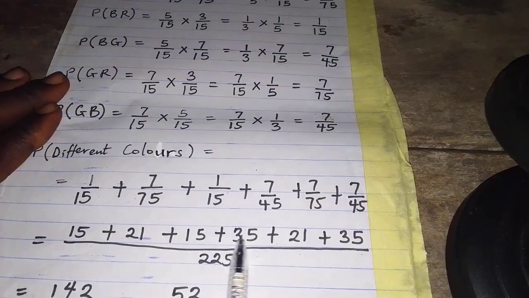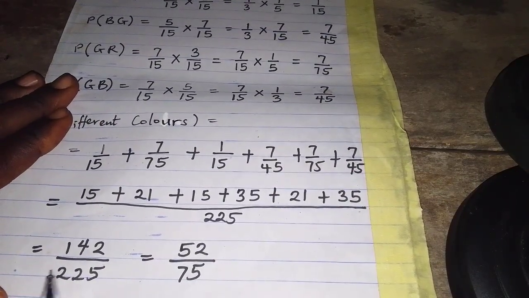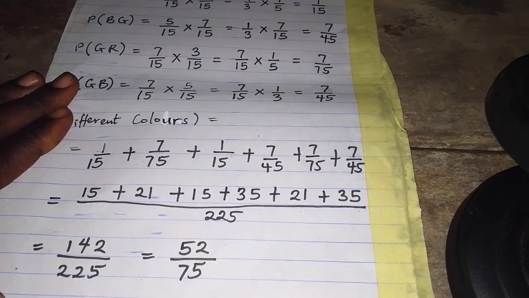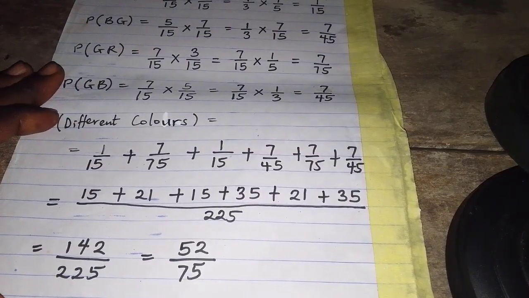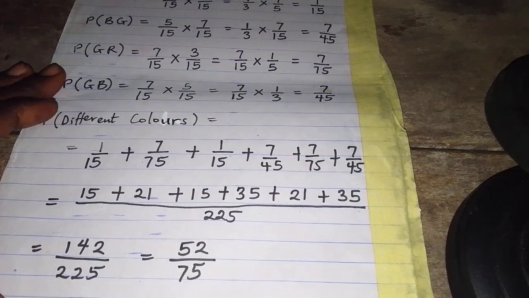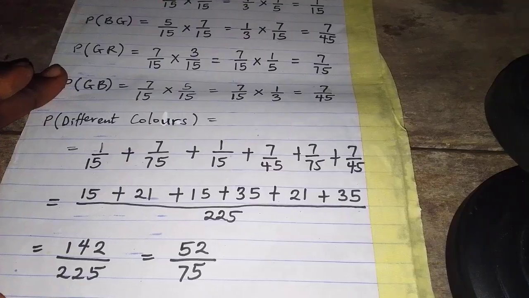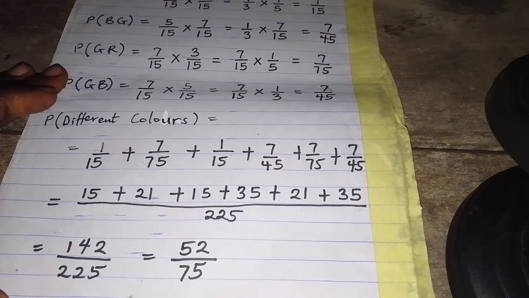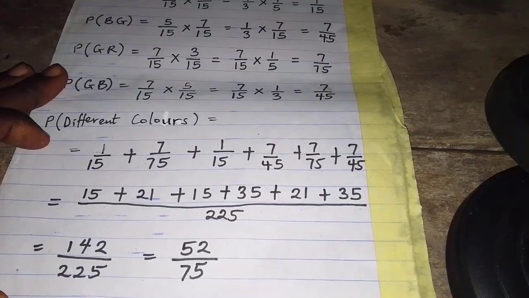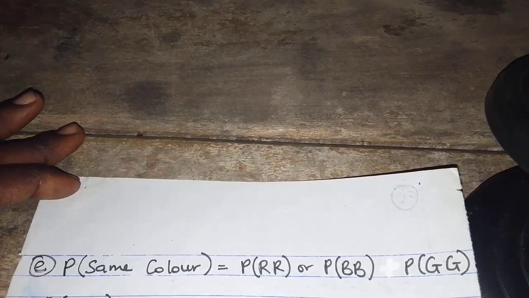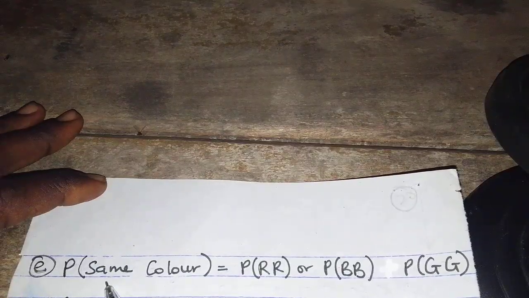So you add all this numerator together, you are going to get 142 over 225. If you reduce this to the lowest term, you will get 52 over 75. So it means that the probability of getting different colors will be 52 over 75. Now let's answer the third part, the last part of the question, which says probability of picking